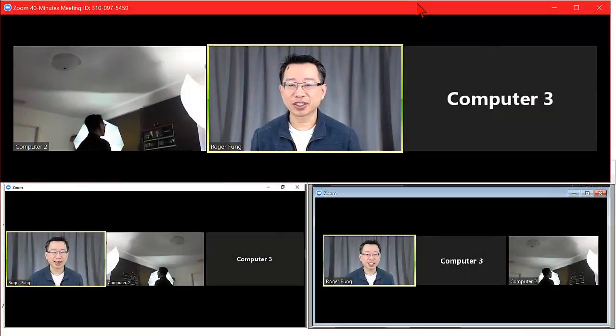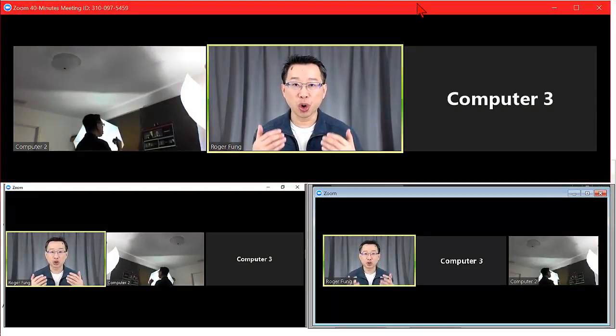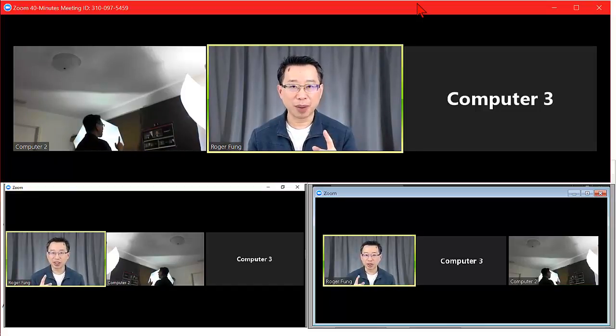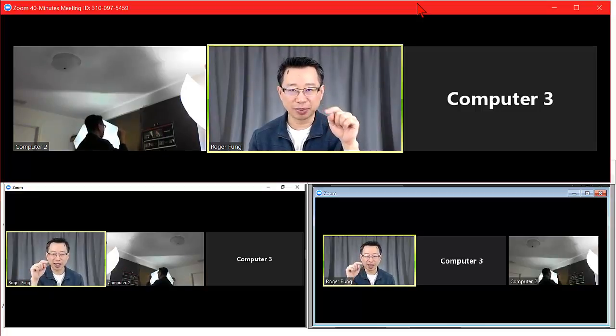Another option is to pin a video. Pinning a video only affects your own computer. When I pin a video in computer 3, it will not affect computer 1 or computer 2. For example, I'm going to pin this picture, that's the live picture from computer 1 that is being shown in